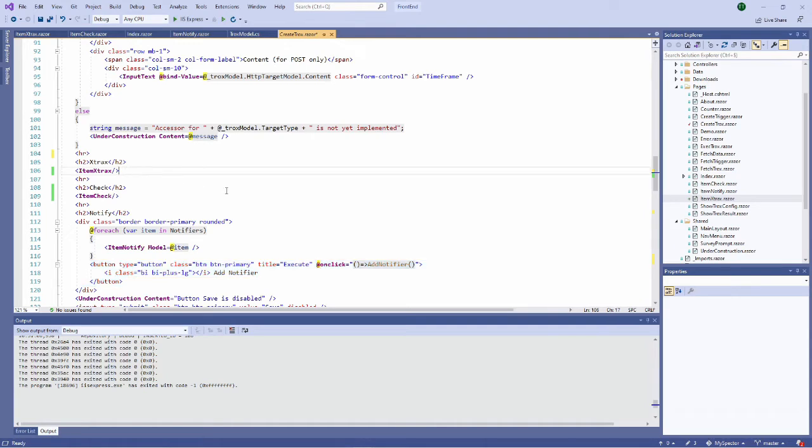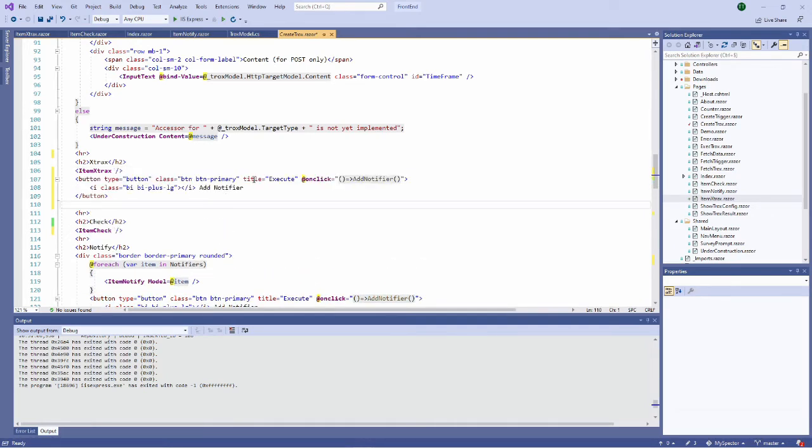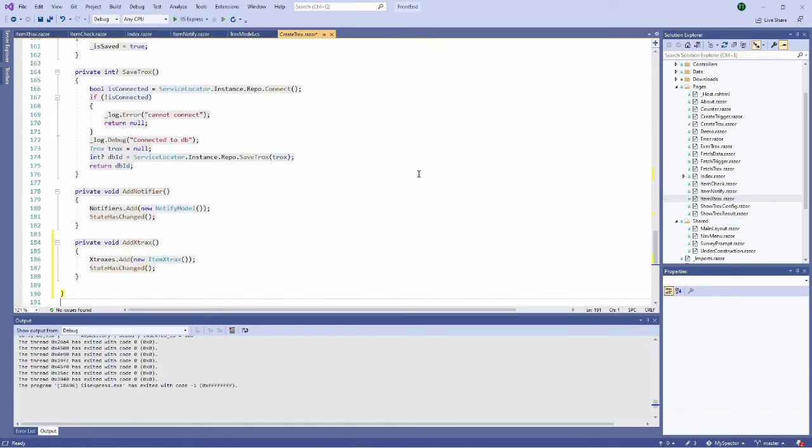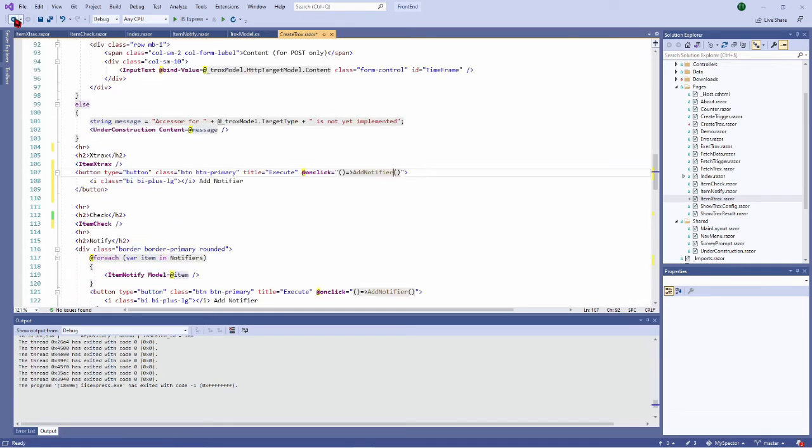So I add the button like it was defined for the item notify, and I am adding it there, and my button here on click will not call add notify but will call the add extracts, like this. It is not called add notify, it is called add extracts.